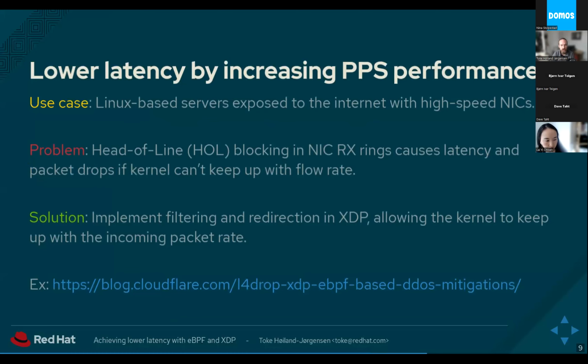But you can also do something similar to the ISP middle box use case, where you move traffic around. You decrease the amount of processing you do in the CPU that receives a packet, and instead you move packets to another CPU and run the stack there, which means you avoid the head-of-line blocking, because on the CPU you can do smarter things like apply queuing or AQM or what have you.